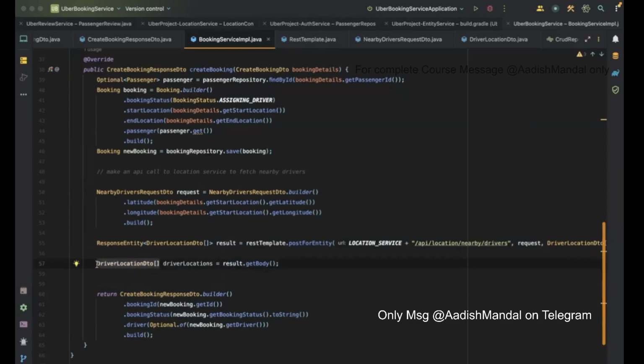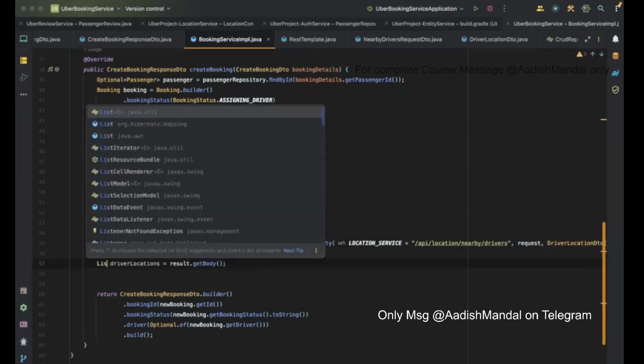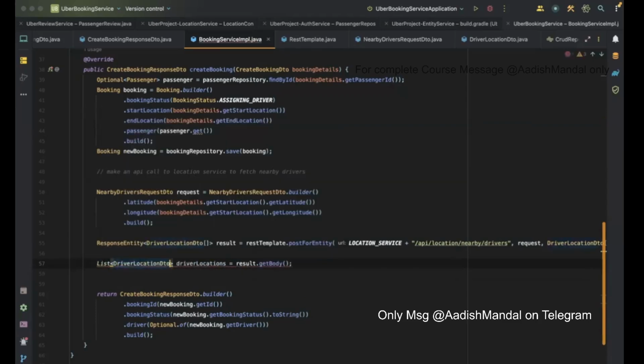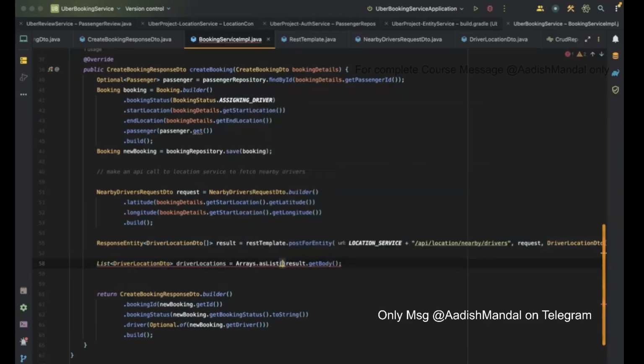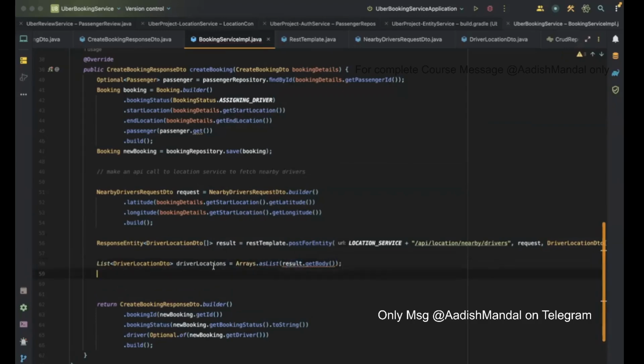Or you can do even one thing. Instead of having this, we can say list of driver location, and we can just directly convert it to a list. You can say arrays dot as list, and this makes sense, guys. So we'll get a list of driver location. Let's just do one thing. We'll say driver location dot for each